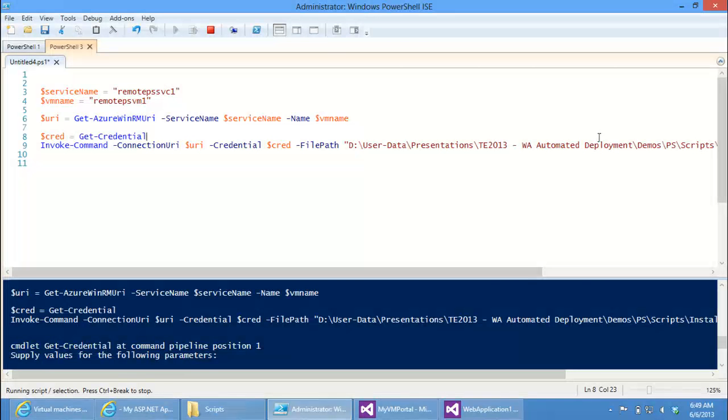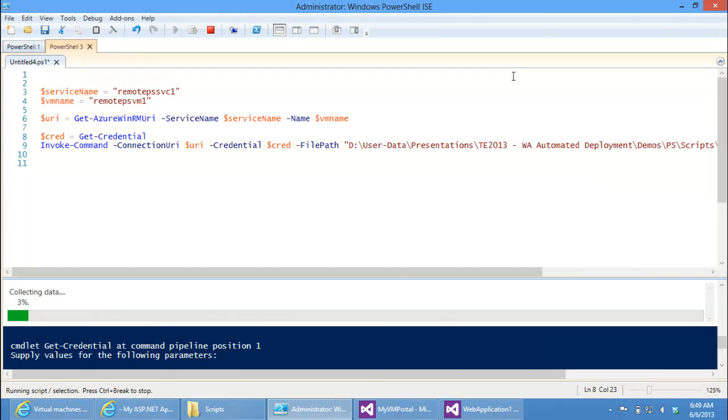So I make one script. I deploy a virtual machine that has IIS on it. It could have an application on it. It could do whatever you want to do. And to give one more quick example,